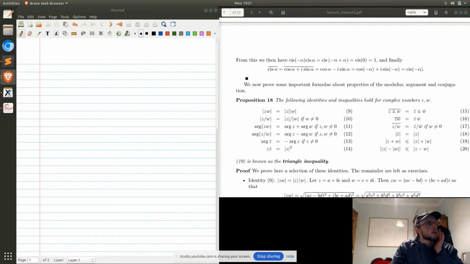All right, so here we are. We're continuing with looking at complex numbers, and wait, should that be on that side or on the other side? I'm not too sure. Anyway,